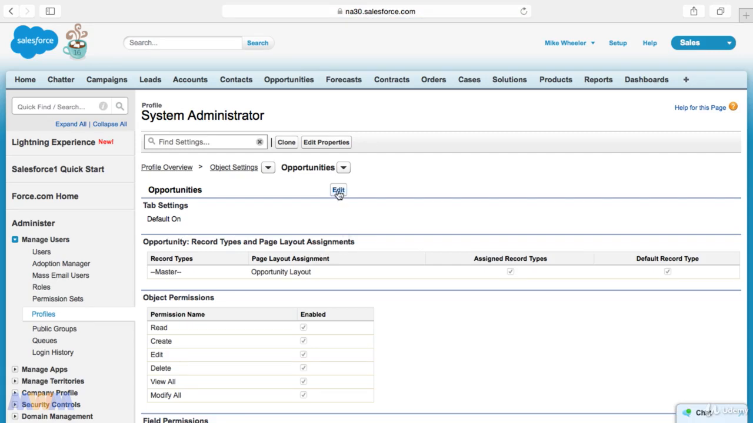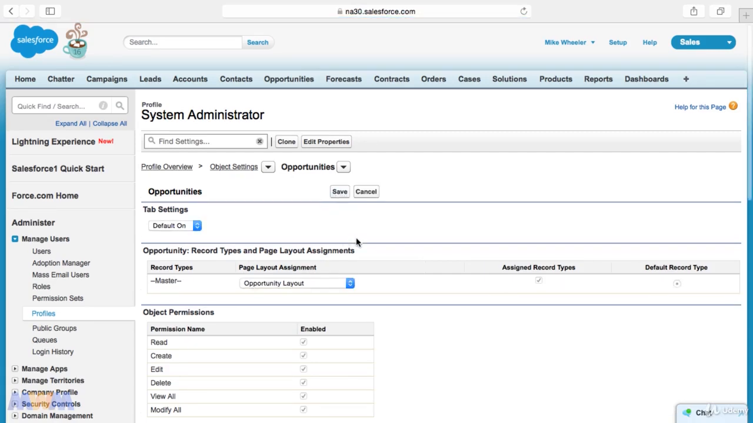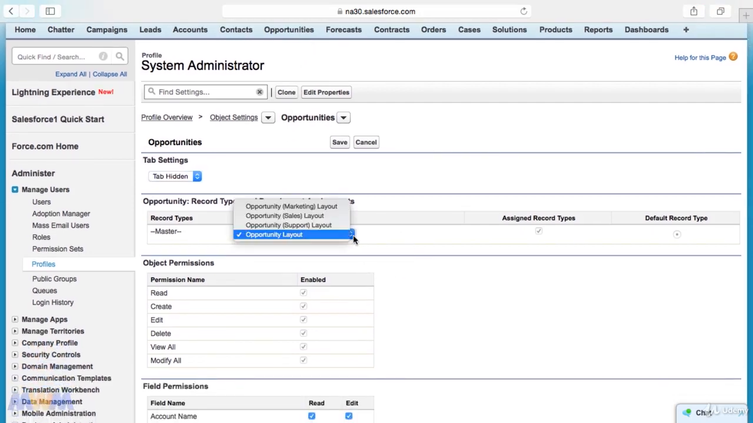So if I click on this, I can make changes to the various settings for this object, such as if we wanted the tab to be hidden for the system administrator profile, we could check tab hidden, and that would cause this tab to disappear. We have page layout assignments here, and so there's 4 different page layouts available on the opportunity object. There's a marketing related page layout, a sales related page layout, and a support related page layout. This opportunity layout has all 3 of them combined, and it's more of an administrator view, which has been assigned